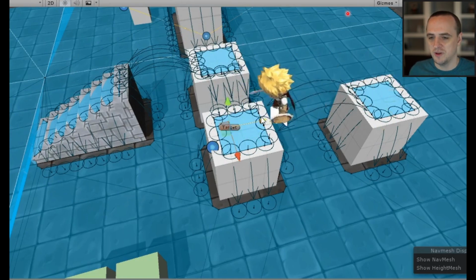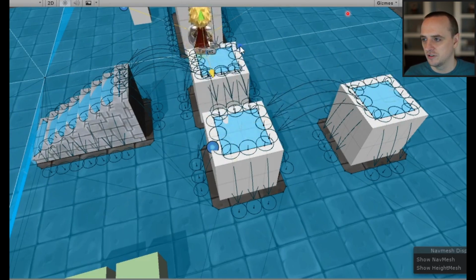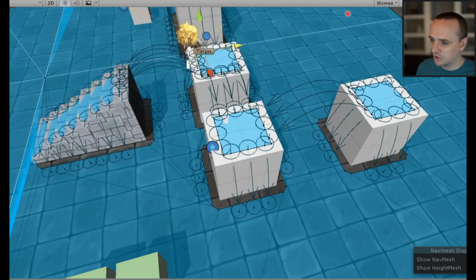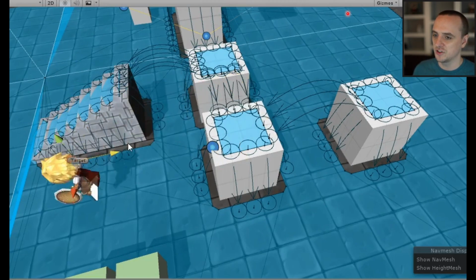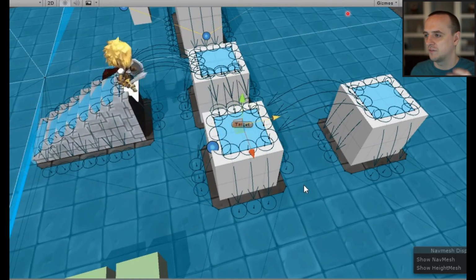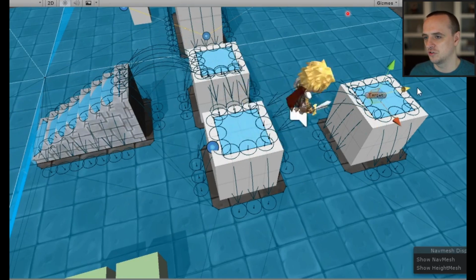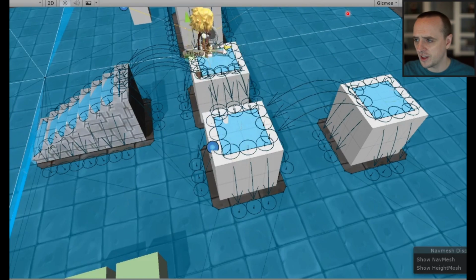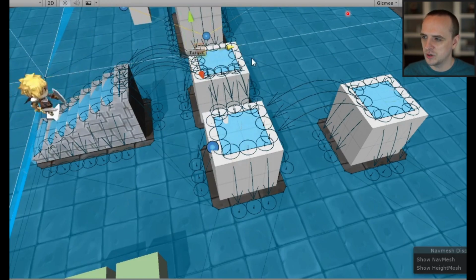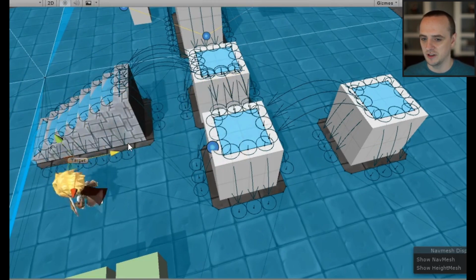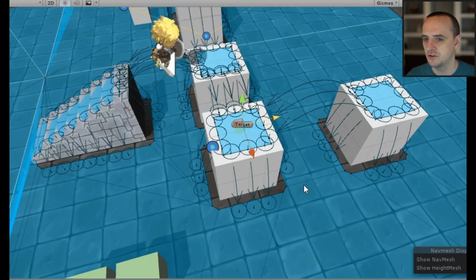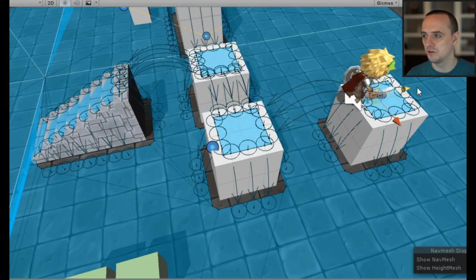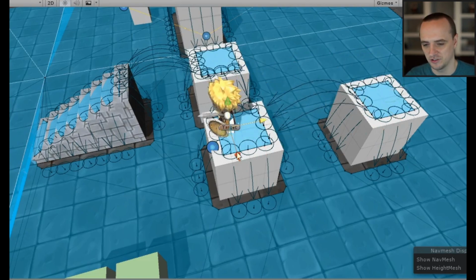So that navigation mesh is essentially just showing you where in the game you can actually traverse, okay? And then your algorithm would look at that navigation mesh, see which actions are possible, and then figure out the path that you can traverse to get an NPC from one place to another, for example. So that's what navigation meshes are. They're intuitively quite simple, but their implementation may be a little bit complex. And in assignment 2, we will be writing our own simple navigation mesh system, which I'm excited about.